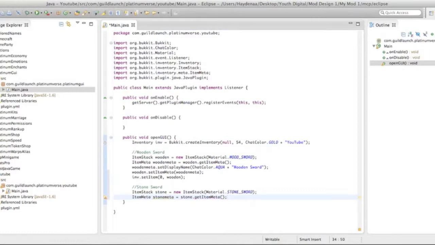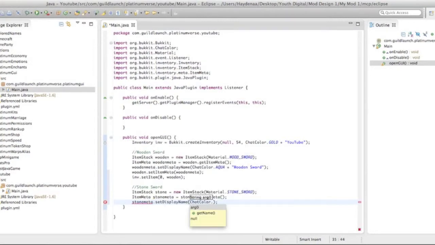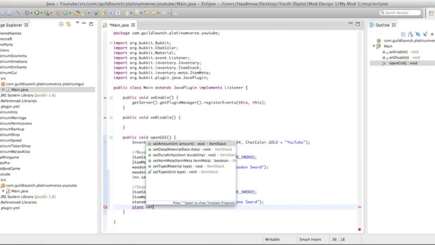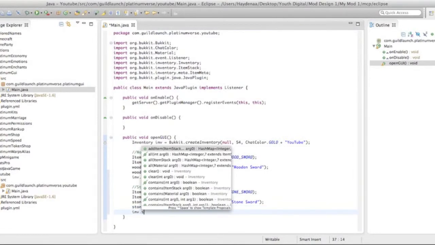But whatever. Okay, stone meta dot set display name chat color dot aqua plus stone sword. Stone dot set item meta stone meta. Okay, there. Inv dot set item